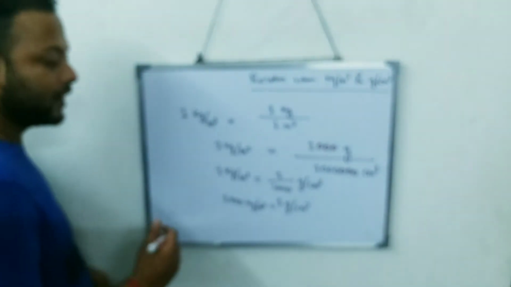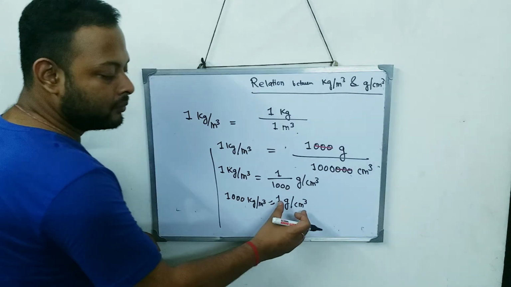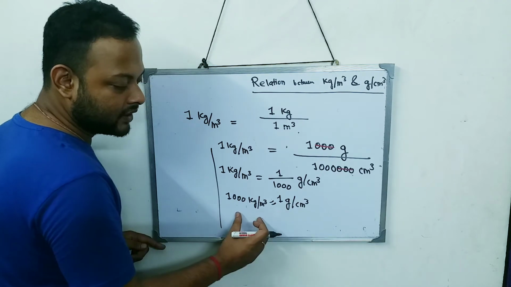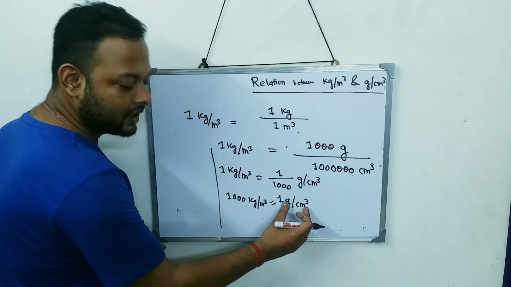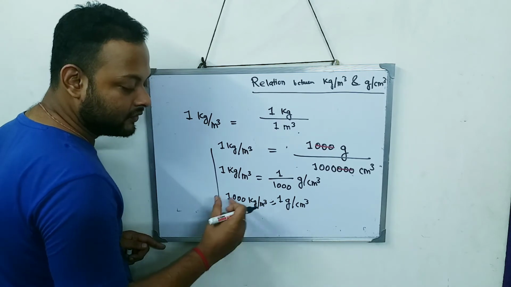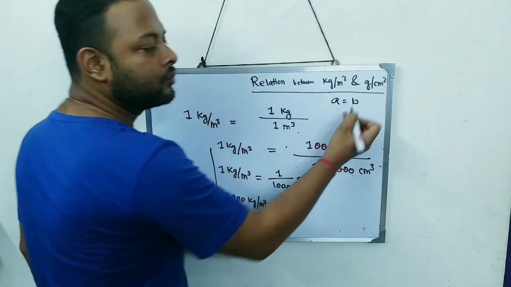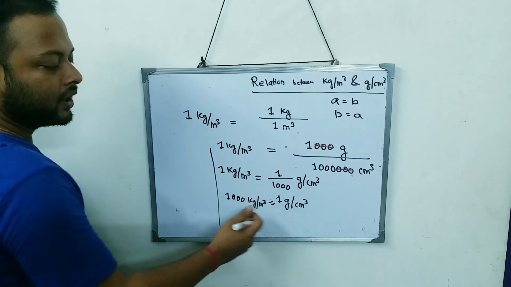Now, after this, what happens? I'll write this statement in a little proper way. Proper way means what? This is the shift. This is the right hand side. This is the left hand side. I will shift the right hand side to the left hand side, and I will shift the left hand side to the right hand side. I can do this. Like if I say A is equal to B, that means B is also equal to A. So that's what I'm going to do over here.